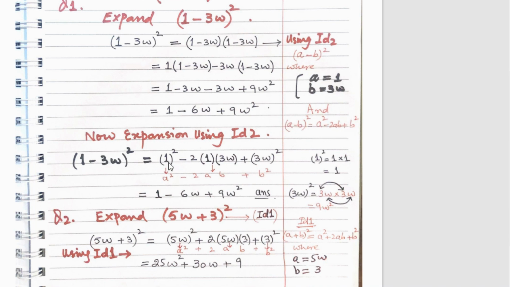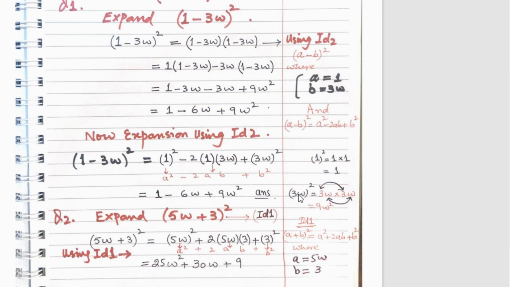Now we have applied the identity over here, and now we will simplify it. 1 square means 1. 1 into 1 is always 1, minus 3W multiplied by 1 multiplied by 2. First of all, 2 multiplied by 1 is 2. 2 3s are 6. W as it is, minus 6W, plus